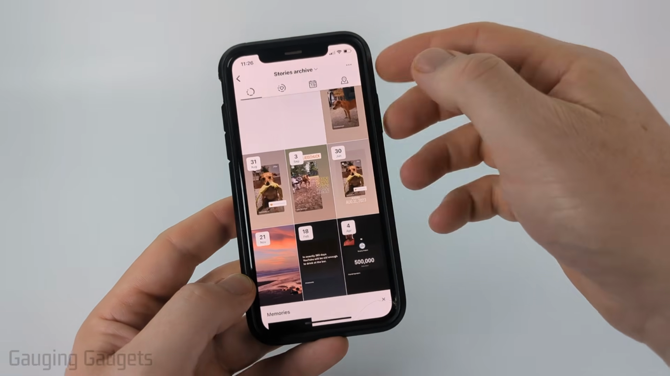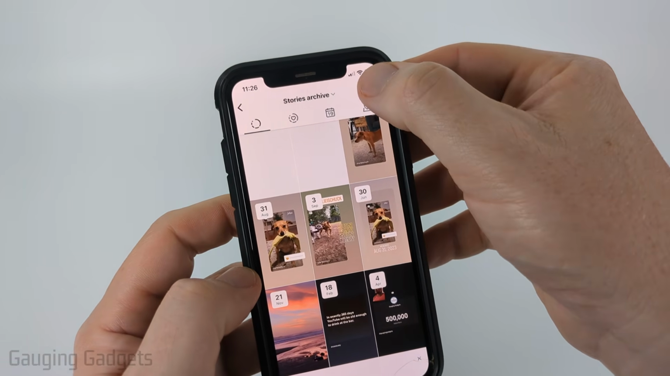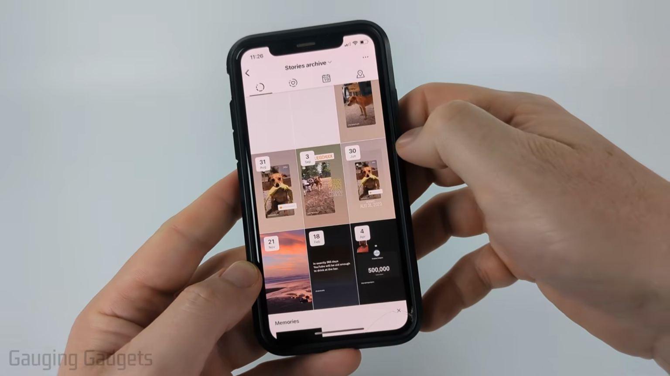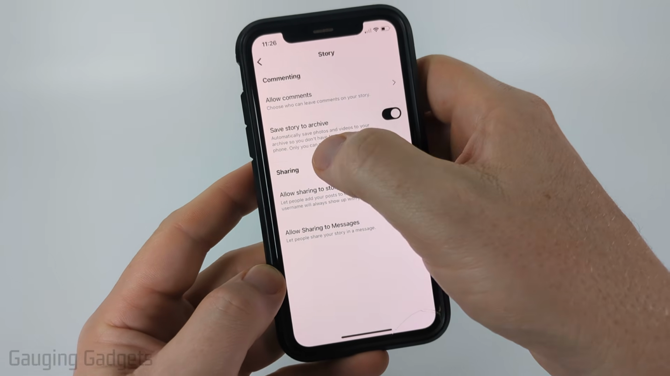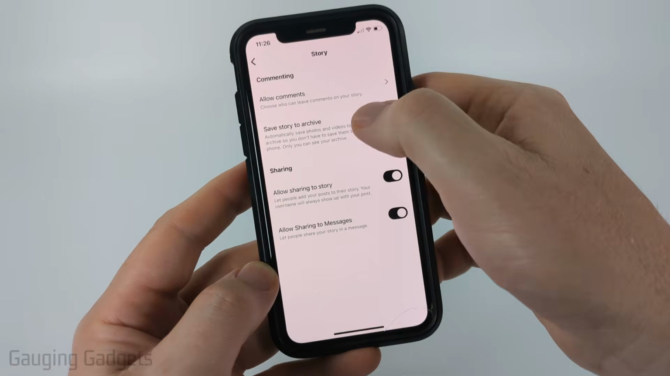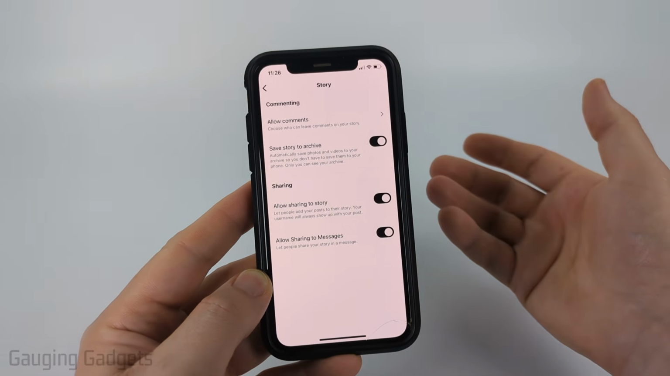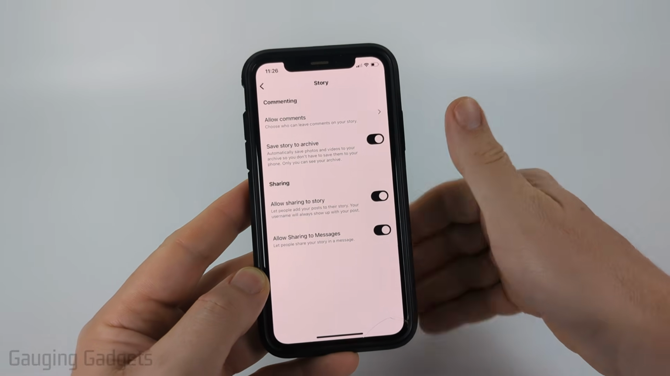If you don't see your stories here, select the three dots in the top right and then select settings. And you just want to make sure that you have save story to archive turned on. And then from that moment on, anytime you post a story, it'll automatically archive it as soon as it expires